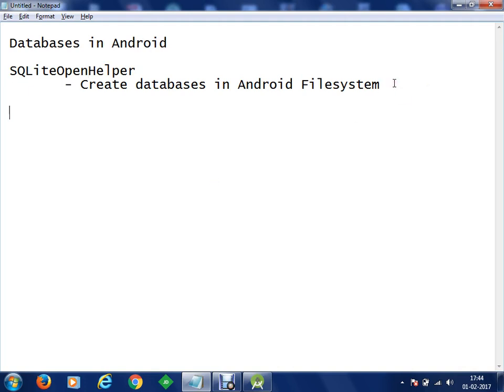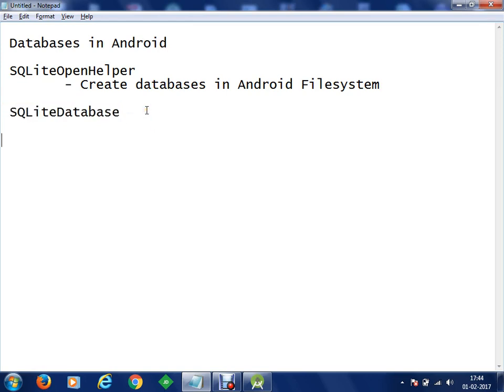After this, we are going to make use of another class, and this class will be SQLiteDatabase. Whatever database you create in your Android file system, that database will be given back to you in SQLiteDatabase format.